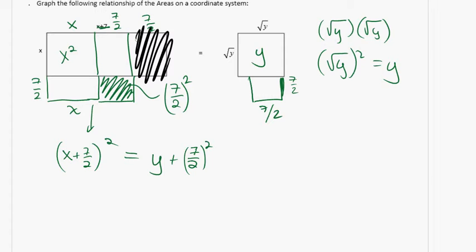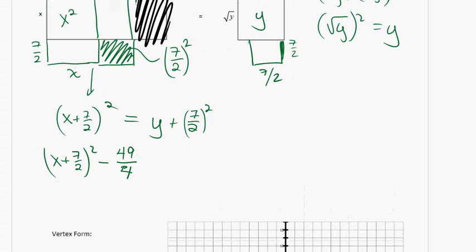So in this case, I'm going to subtract the 7 halves squared from both sides. Minus 7 halves squared is minus 49 fourths. If you're looking for a more rough number, that's squared, and this is minus